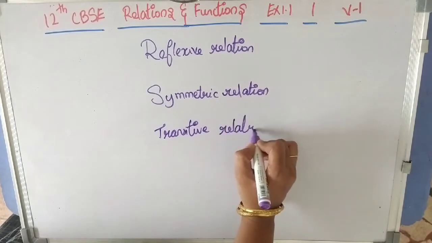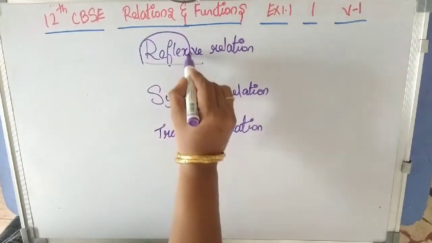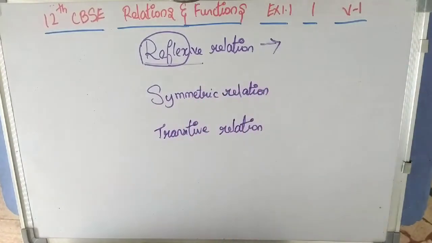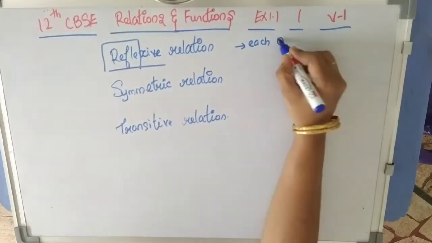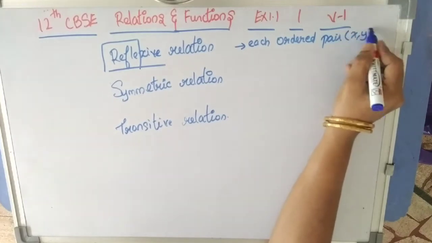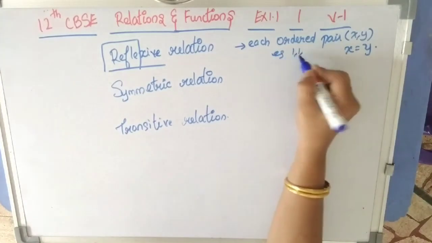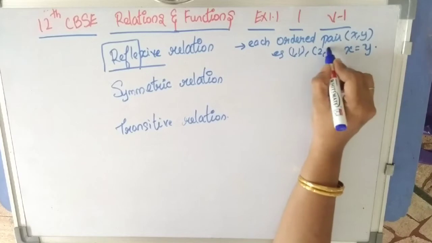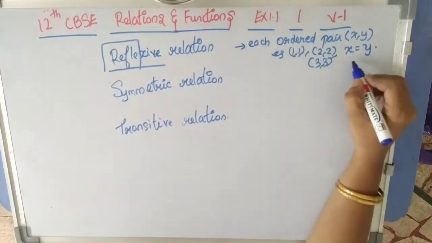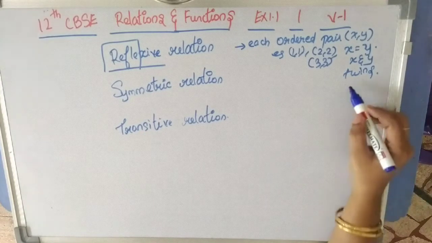Now, first let's see what is reflexive relation. What do you mean by the word reflection? It is just a mirror image, isn't it? Reflection means what we see in the mirror. In the same way, in reflexive relation, each ordered pair in the relation must be the same. That is, in x comma y, the x must be equal to y. I didn't mean that every ordered pair must be the same. I meant that inside the ordered pair, both x and y must be the same. That is, x comma y must be like twins. If this condition is satisfied, the relation is called a reflexive relation.